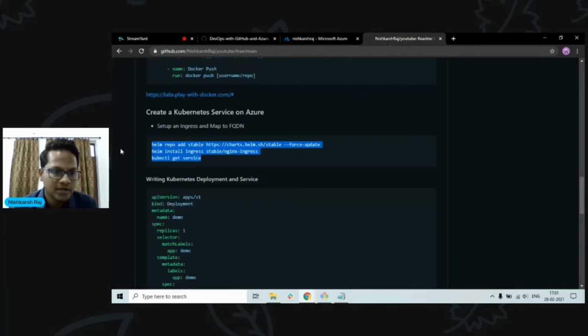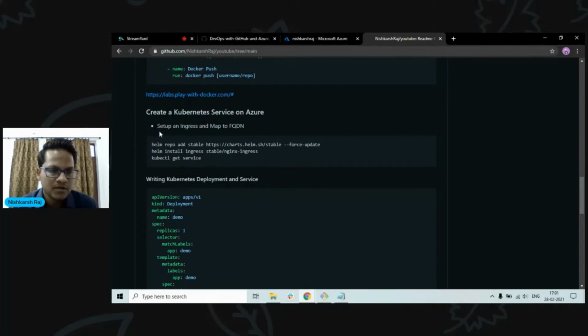Quickly running through what this does. Helm is a package manager for Kubernetes, and firstly we will add a repository, which is a stable repository where the Kubernetes ingress is stored. Before I talk about what an ingress is, let's talk about Kubernetes briefly. Kubernetes is a container orchestration system. Whatever containers you create, you might have multiple containers, and it would orchestrate the networks and resources between them optimally. It does a lot of things, but that is what it basically does.